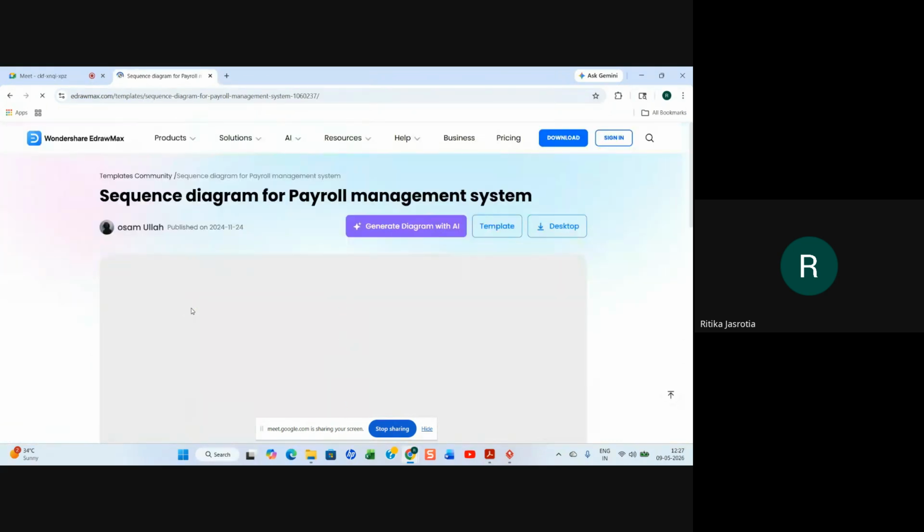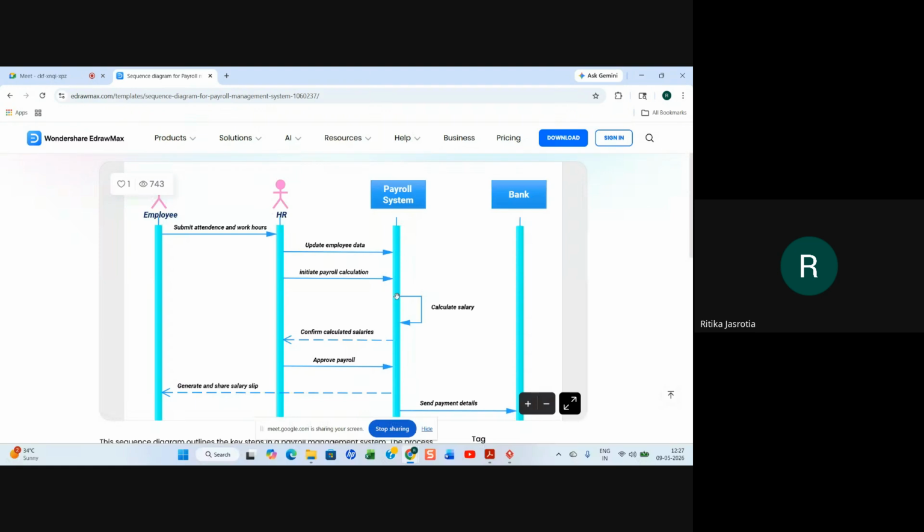Here it is payroll. So in a payroll system, employees submit attendance and work hours to the HR. HR updates the employee data. The payroll system initiates the payroll calculation. The payroll system calculates the salary and confirms the calculated salary to the HR.